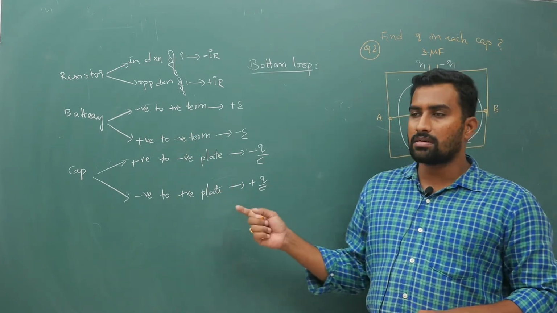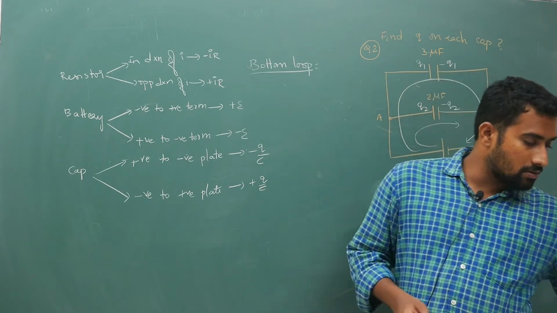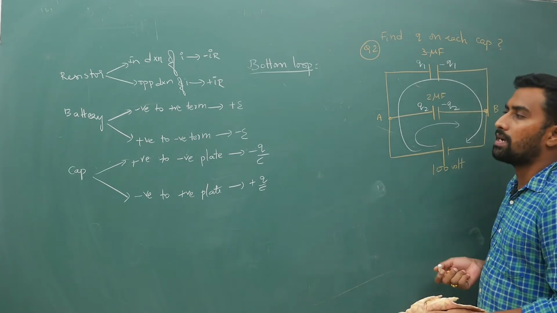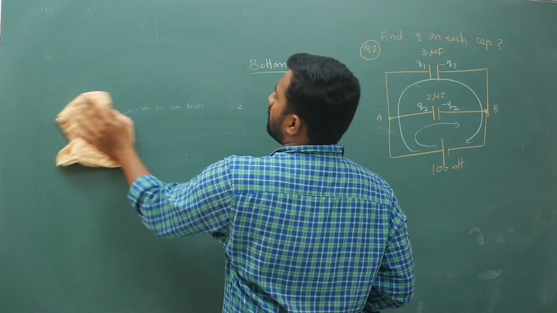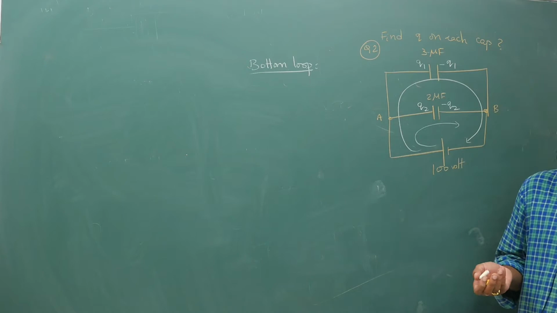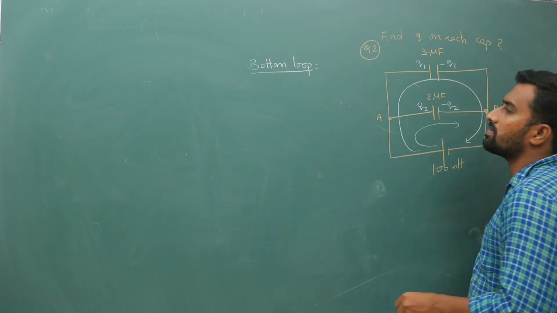You have resistor, battery and capacitor. Now this is how you are supposed to simplify it. For this part I am going to apply Kirchhoff's sign convention. I told you previously also, without watching current LCD, please don't try this, because it will be much easier. Then you will be able to do the questions directly.